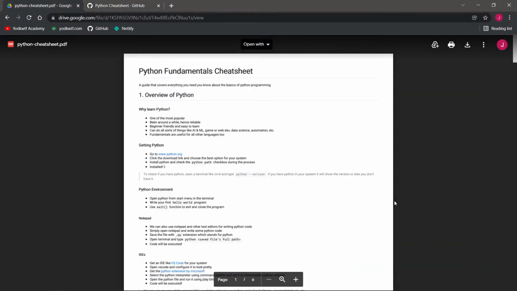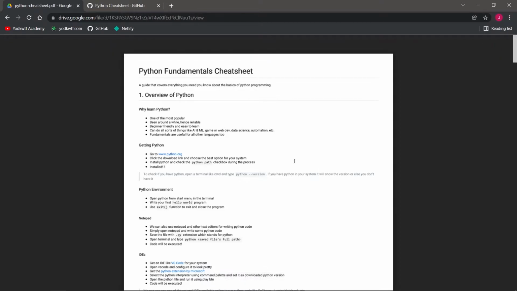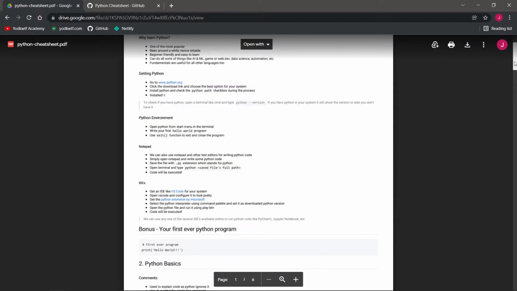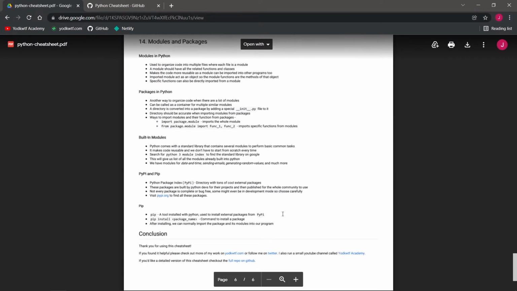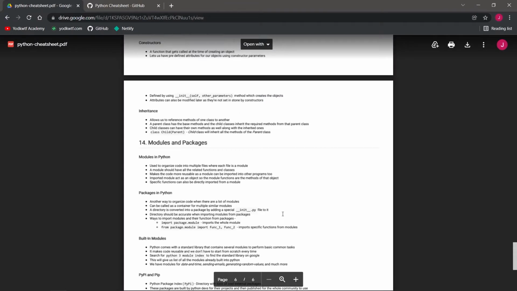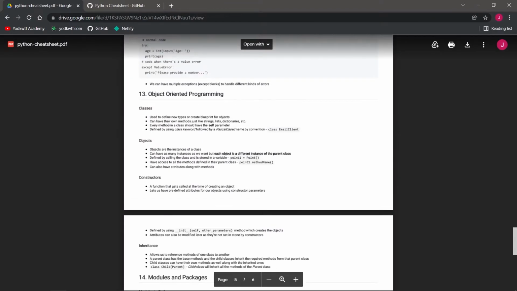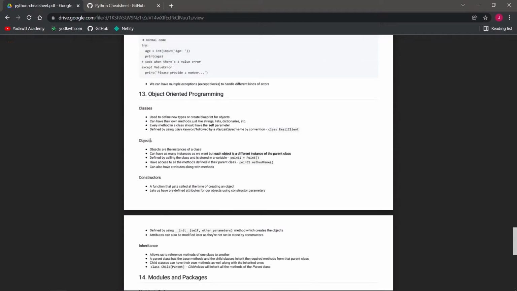So how I created it is that it basically covers everything there is to know about Python fundamentals. And it's currently divided into 14 different chapters, starting from basics of Python to modules and packages. And each of these chapters have subtopics in them, like for object-oriented programming, we have classes, we have objects and